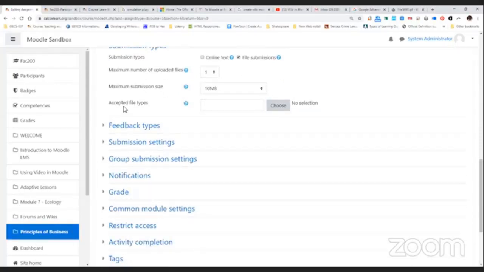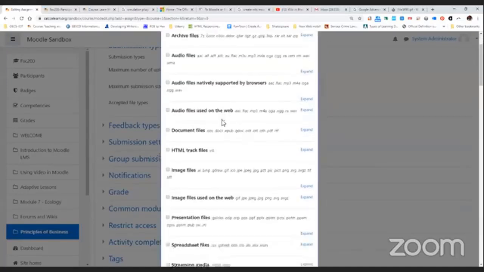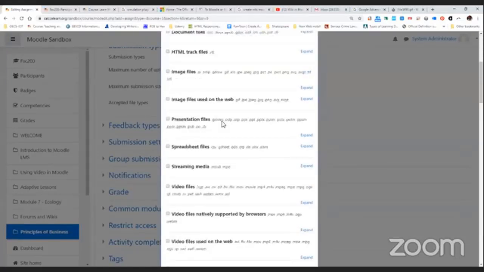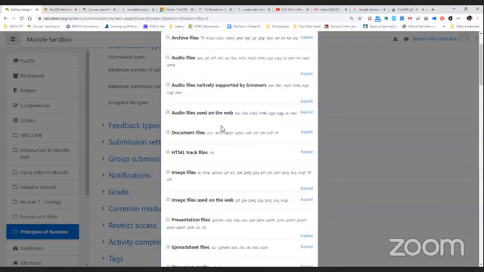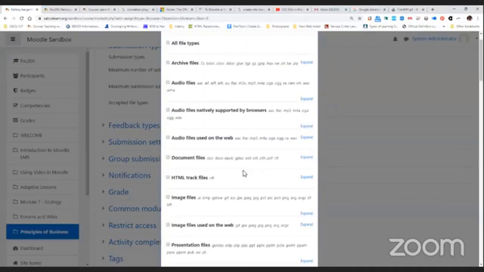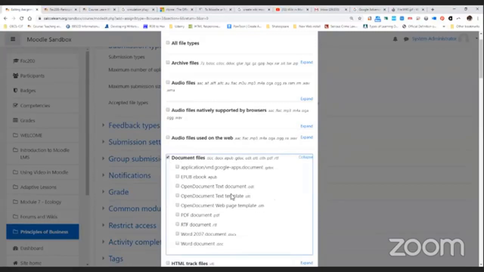And then now, importantly, you could decide on the file types that the students must submit. So to do that, you go here, you choose, and you have the list of files. So if you only want them to submit a document because you want to edit it, so you want to put your comments in there, you just simply select a document, and then you select the